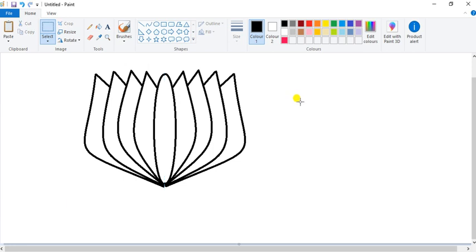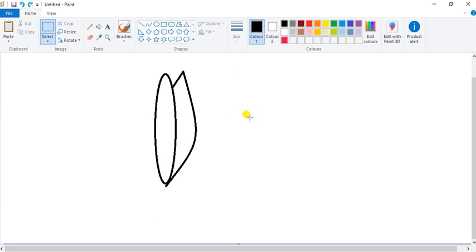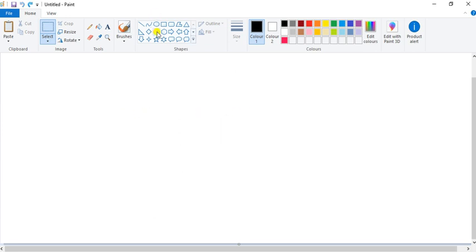Understood? Wait, I will repeat again how to draw this lotus. First, draw an oval. Done. Now, go to the line tool. Draw a little slant line like this.